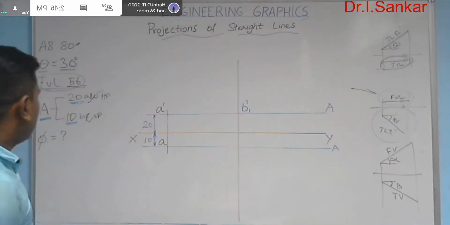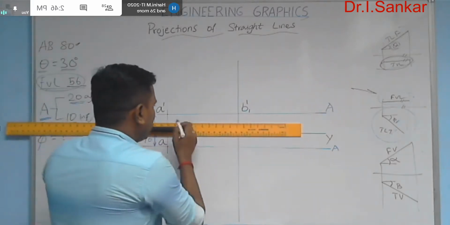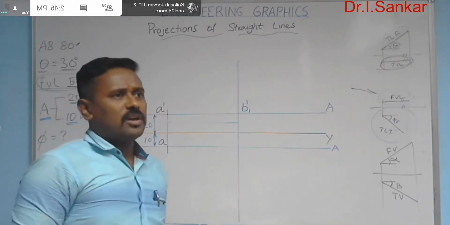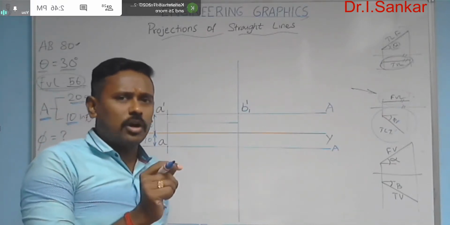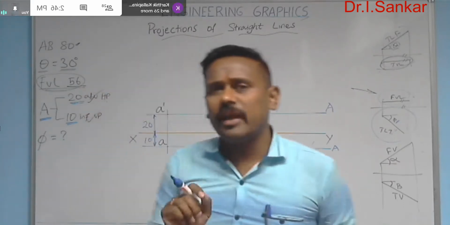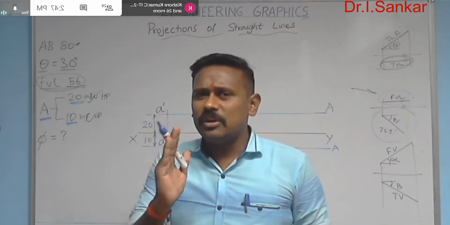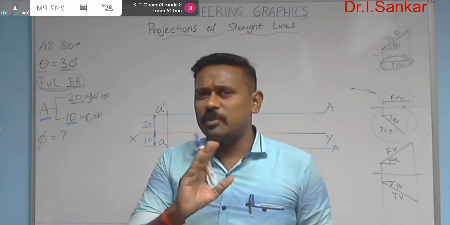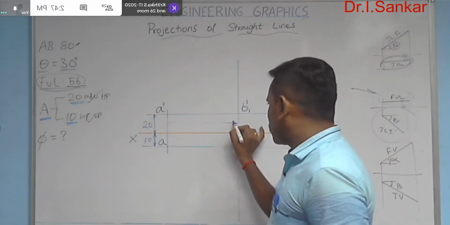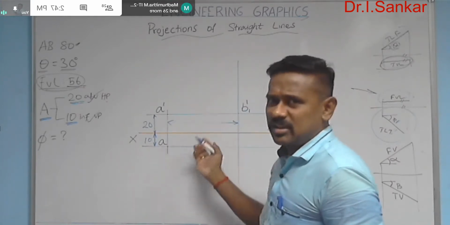Right. I just used FVL 56 mm. If possible, mark the dimension. Sometimes in the case of straight line problems, it is not possible to follow the dimension norms. Basically, we mark the dimension for a straight line and maintain the gap between the dimension line and the object line approximately 10 mm, minimum 10 mm. But this time, with the complicated availability of the surface, you can maintain some lesser distance. That's not a problem.